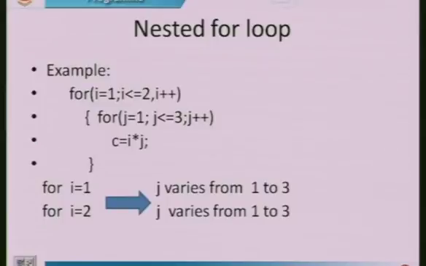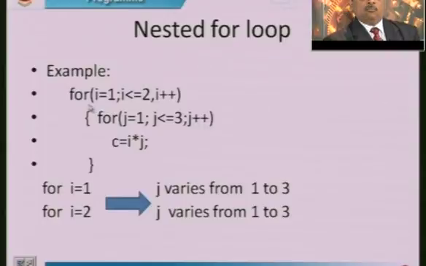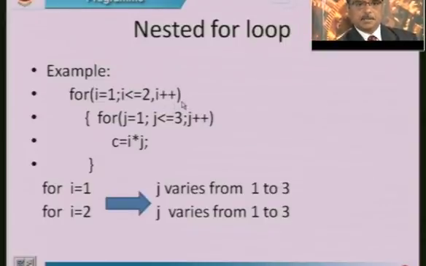Let us move on to nesting of for loops, just similar to if else conditions. If you want to nest for loops, one for loop inside another for loop, that is called nesting. It is an interesting statement in programming. Observe the example shown here: for i equal to 1, i less than or equal to 2, i plus plus. There is no semicolon here, remember this. Begin for, you are putting one more for loop inside another for loop.